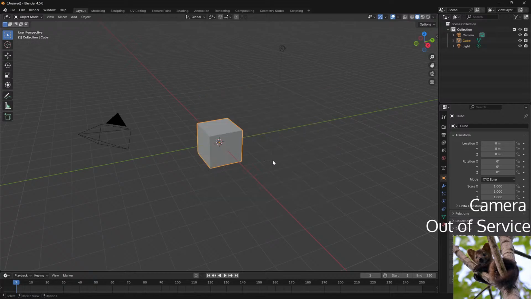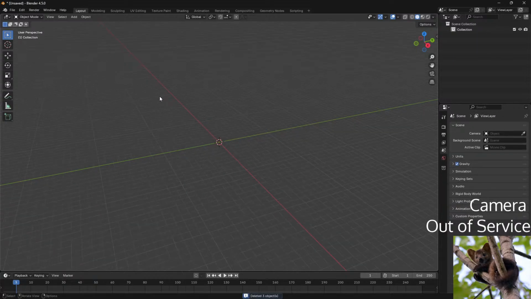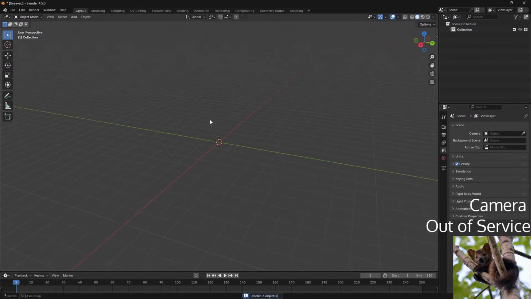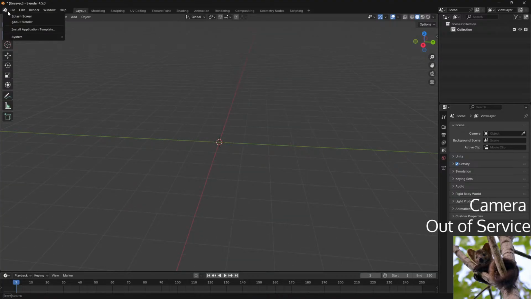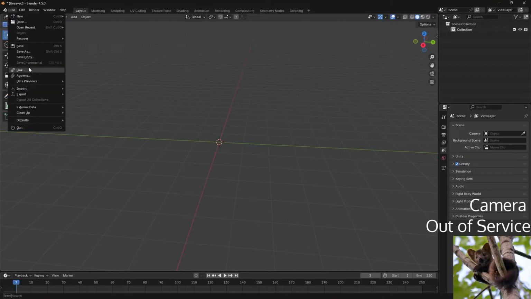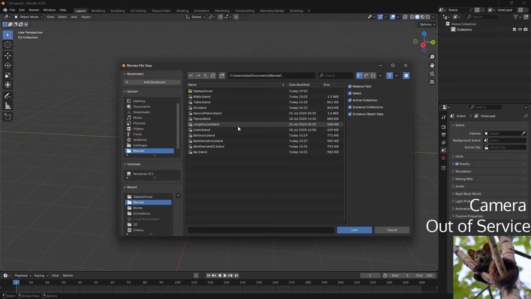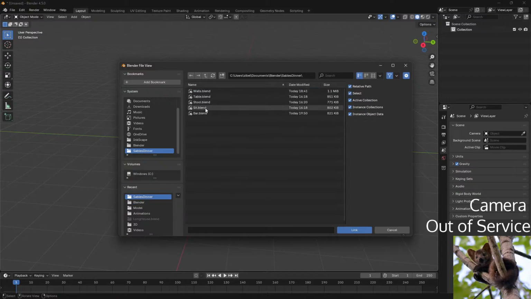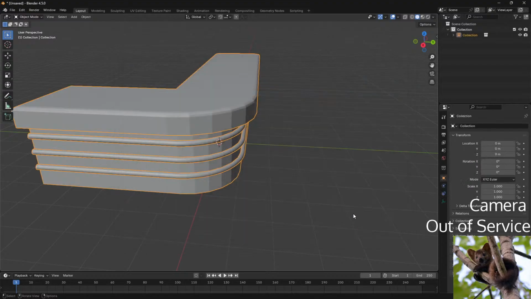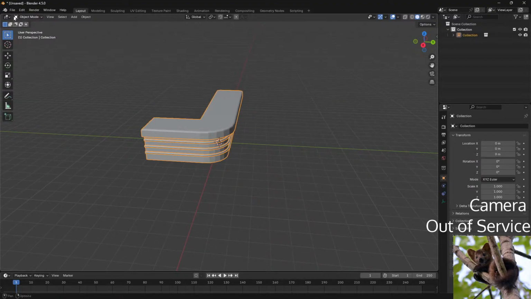Alright, so let's create a new... Actually... Let's link... I'm thinking that we will need... Might need the bar and the walls.